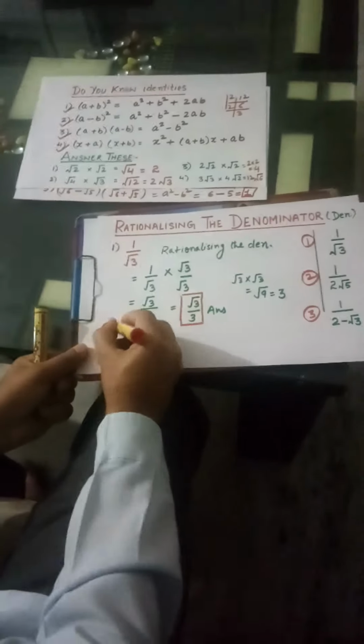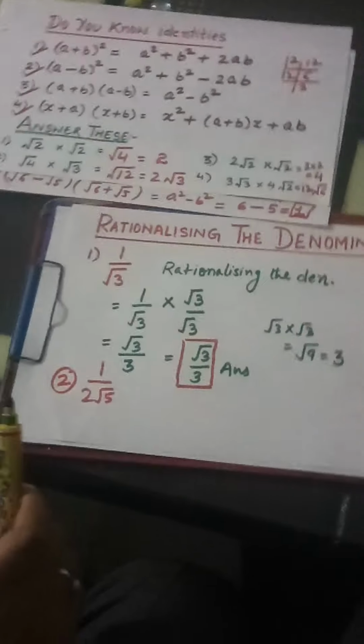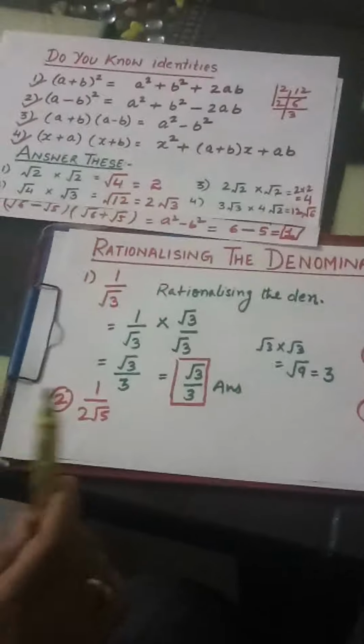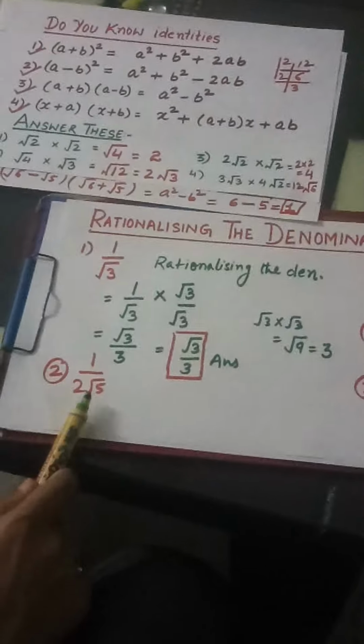The second part is 1 upon 2 under root 5. Student, how can we obtain that? Again, write the same concept. For example, see now student, here P is 1 and Q is 2 under root 5. Now you can ask me a question like this: should 2 root 5 be multiplied in the numerator and denominator also? But see, the under root portion is only root 5, and since it is multiplication, you can go for the root 5 only.